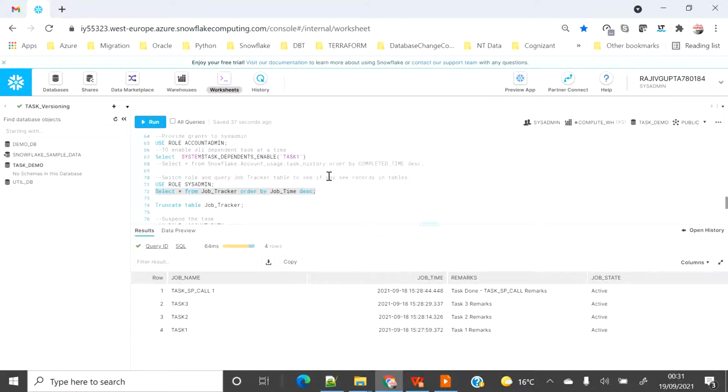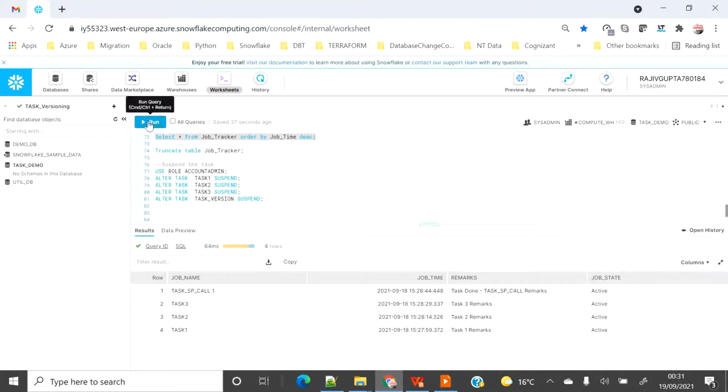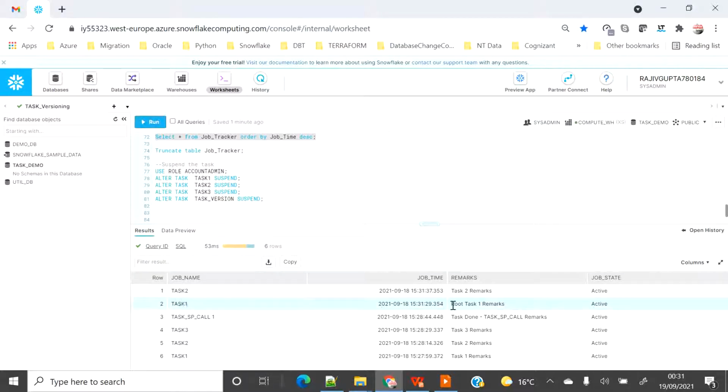Okay, so we have to wait till 1 minute. Resuming should show us. Okay, let's wait. Now you can see that the first task ran again and it was mentioned with the updated root task 1 remark. We will see another 4 records in a moment, but we have only modified task 1, so it came with the updated record, but all the others will remain as is because we have not modified anything.